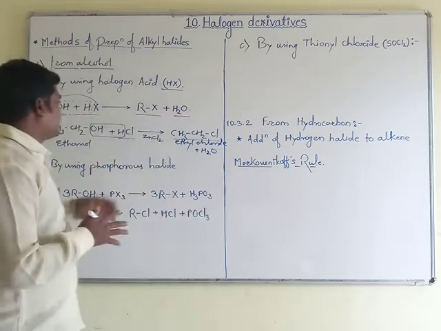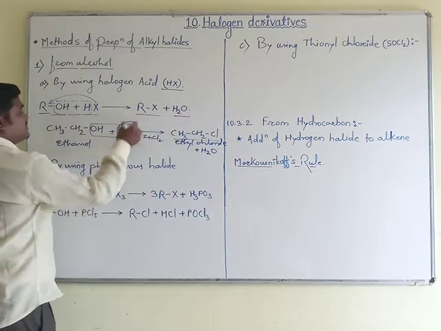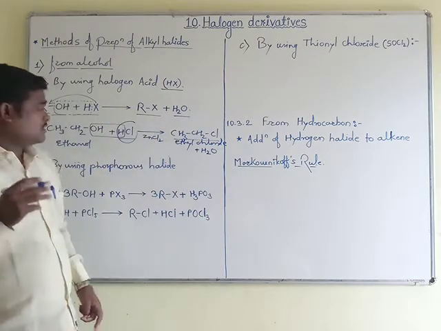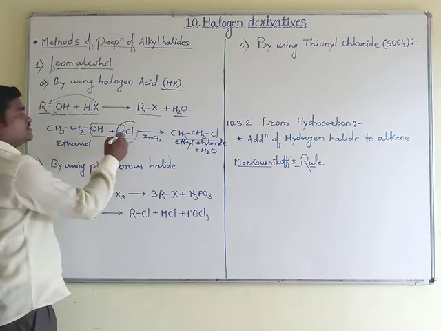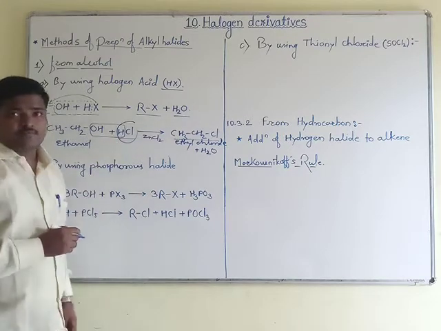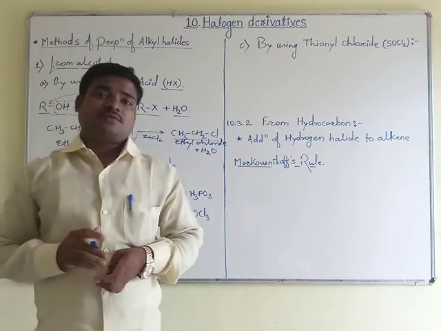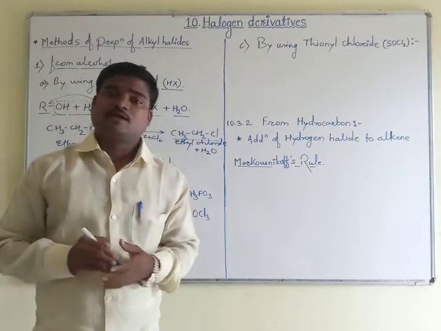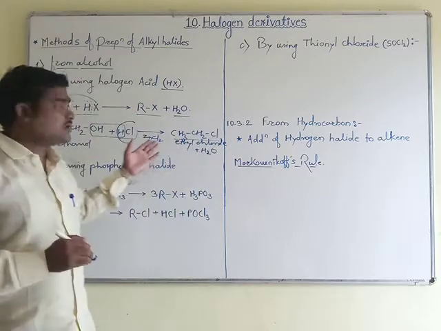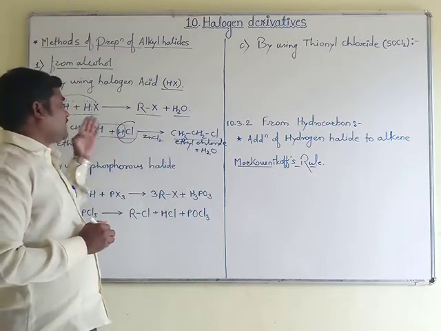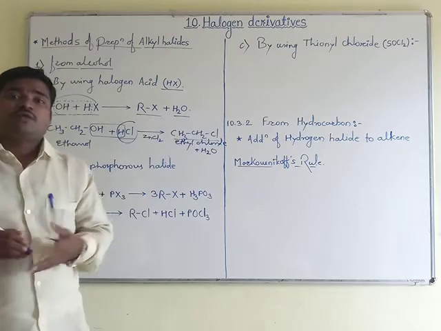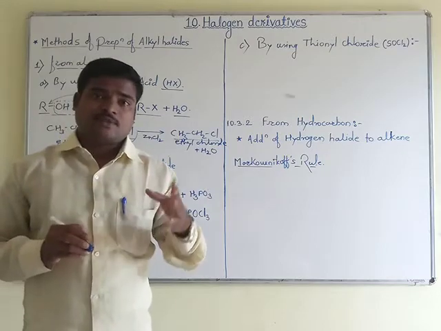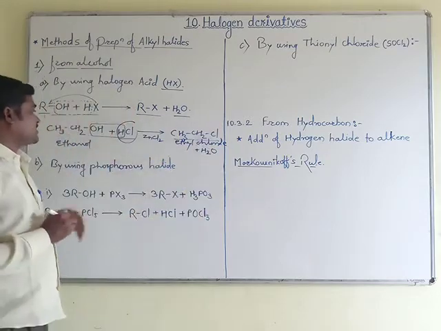So in place of HCl, like that, by these combinations we can use HBr and HI. The reagents will change, and with the in situ preparation we have to prepare those reagents, and you can use them here and get the corresponding alkyl halides. So this is the case for primary.